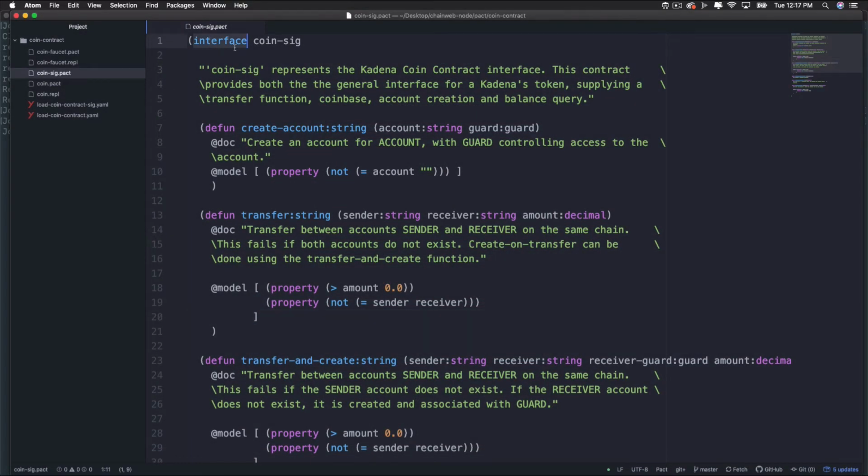First, define an interface using the interface statement followed by the name of the interface, in this case coinsig. Within the interface, you'll create each of the functions. First, the function createAccount takes inputs account and guard. Within this function, a model is defined checking that the account is not an empty string. This will ensure that each account is given a name. Next, transfer allows users to transfer value between a sender and a receiver. It checks that the amount is greater than 0 and that the sender is not also the receiver before completing